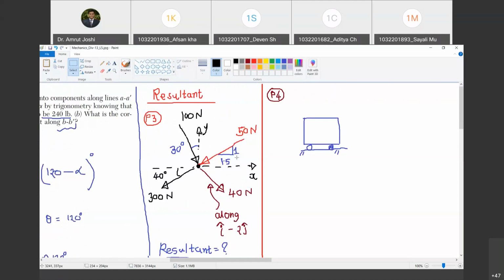Now let us look at this 50 Newton force. What is the x component of this 50 Newton force? Now you will see that for this 50 Newton force, its angle made with either the vertical or y axis or x axis is not given. Do you agree with me? It is not given directly. Yes, sir. But can you find out this angle theta? Look, if I call this angle theta, can you evaluate theta? Tell me.